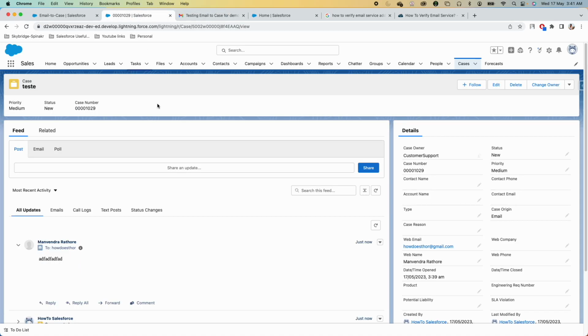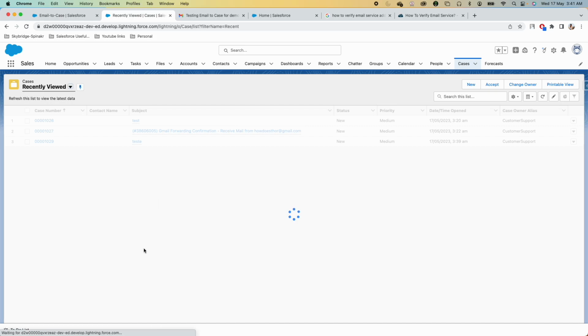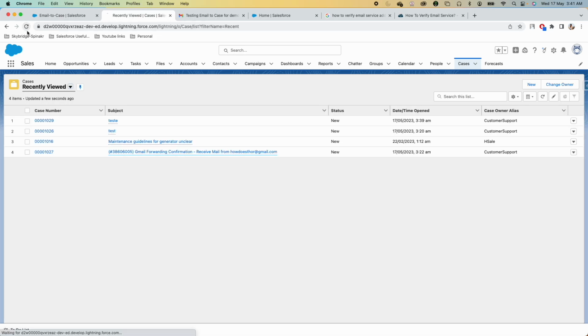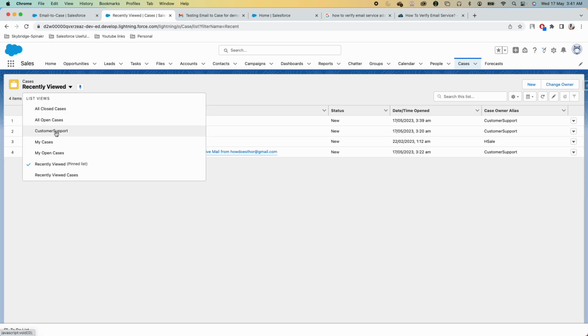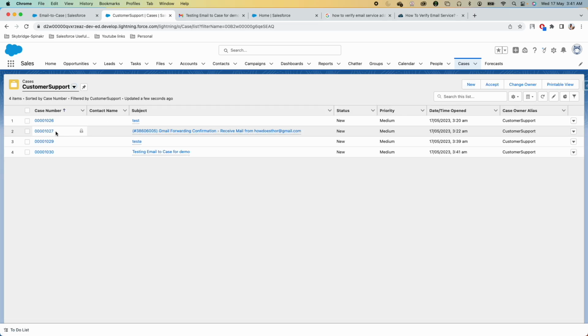Now let's go back to Salesforce and check if the case has been created or not. Let me refresh it. This can take a minute or two. Usually it works within 30 or 40 seconds, but it can take a little bit of time depending on the availability of Salesforce resources. Let me check it again. Okay, let us go back to the customer support queue. Yeah, you can see